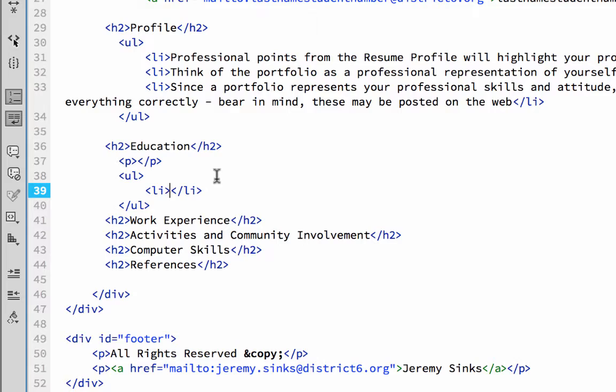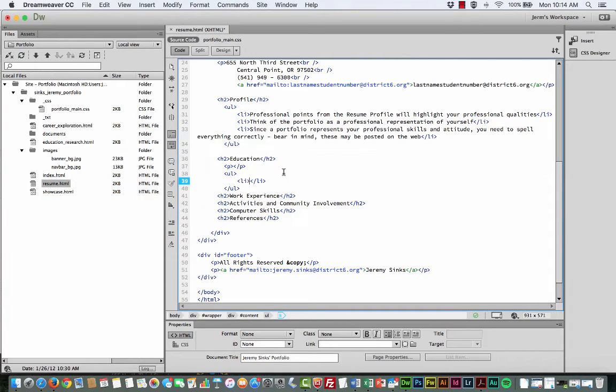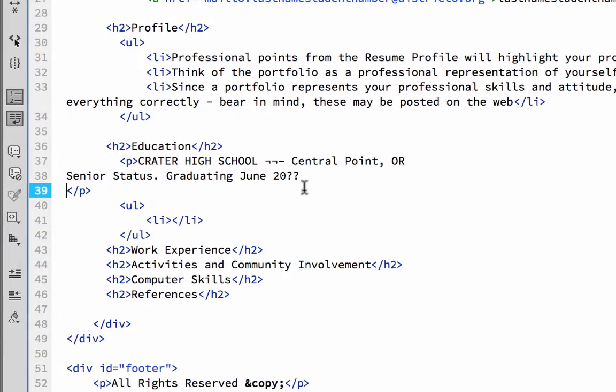So I'm going to Command Tab and drop over, and I'm going to grab these two lines, and these are on two separate lines. So what I'm going to do is put a break tag after that first one. So I'm going to Control C, Command C, toggle over, and then in between that paragraph tag, paste it in there. You'll notice here that I have a couple of funky doodads, and I'm going to delete those two things out, and in place of those